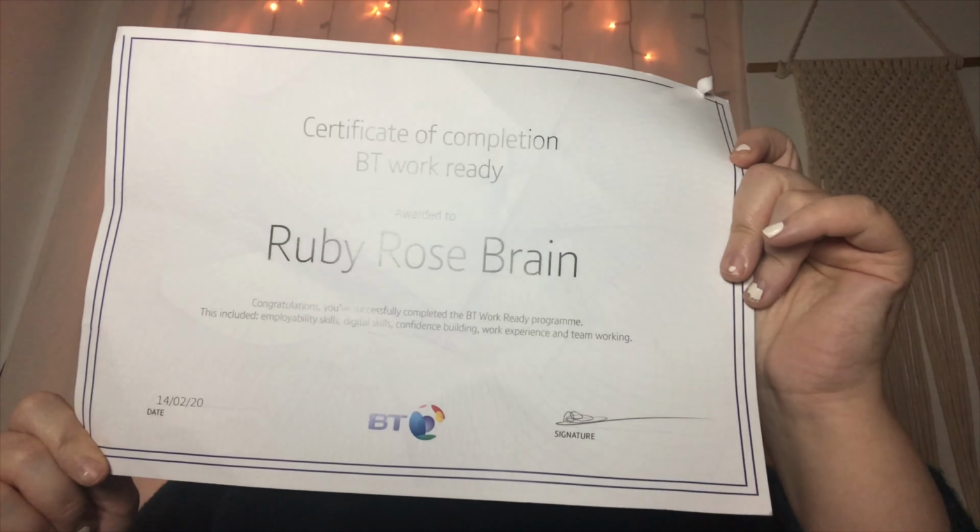So that's what I've been doing for the last 2 weeks. I've chatted for far too long. My foundation's kind of gone now. So yeah, that's what I've done for the last 2 weeks, and this is my certificate from BT, and I'm really proud of that because I had to do presentations, teamwork, team leader skills. I've learned so much, and I've also taken away loads of inspirational life stories that never ever give up. So yeah, I just thought I'd let you know because honestly I've been telling everyone and I'm so passionate